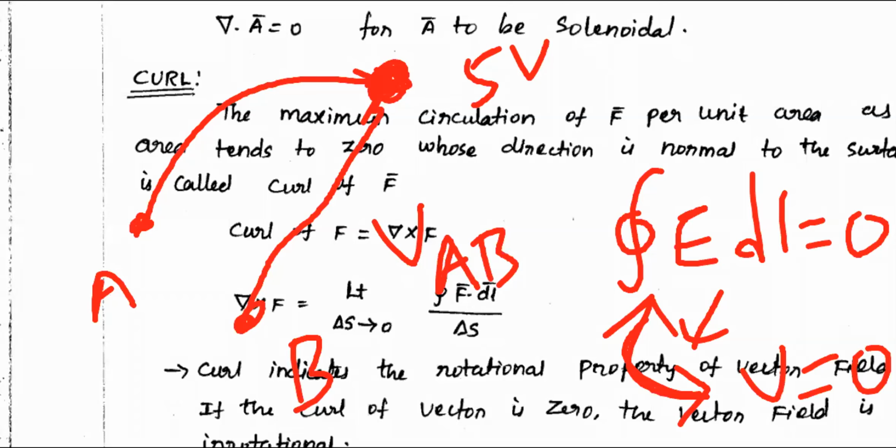Nothing. There will not be any potential difference, because you are connecting both the A and B terminals to the same voltage. Then definitely there will not be any potential difference. The potential difference is 0.